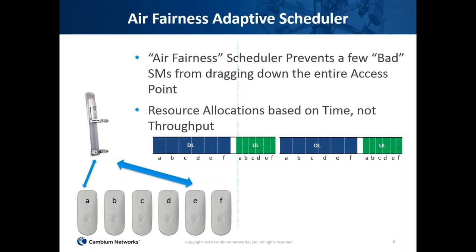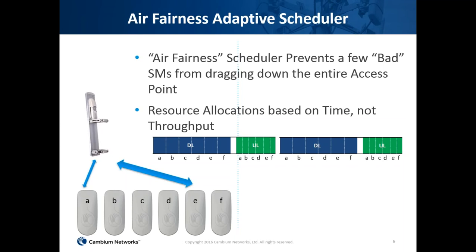If each one of those subscribers is operating at the highest modulation scheme, giving you great throughput, let's say each of them can operate at 100 meg at that point in time, it's very fast to get that 1 megabit of data from each of those subscribers. You don't have much of an issue with doing that. As long as you have a fairly small number of subscribers, typically below 20, that scheme works pretty well. However, if you go above 20 or so subscribers, or one of those 20 has, say, a poorer signal level